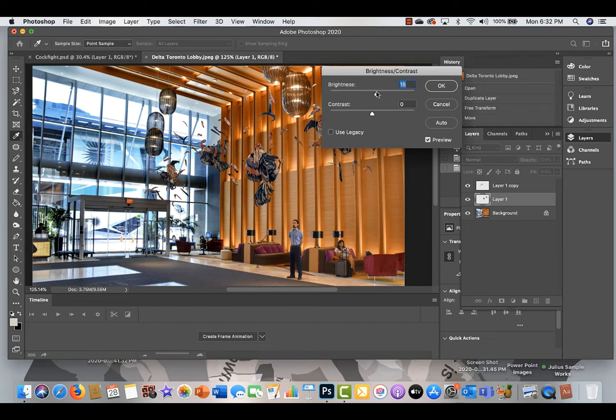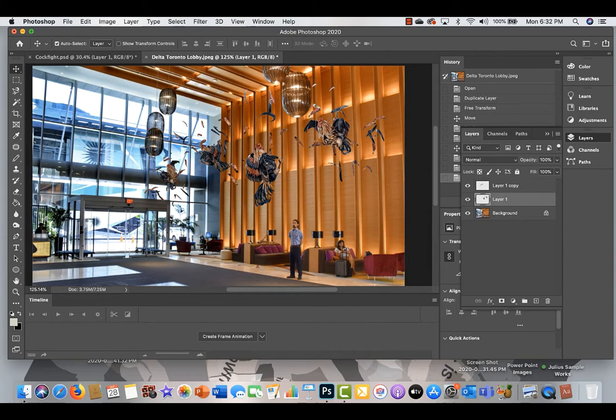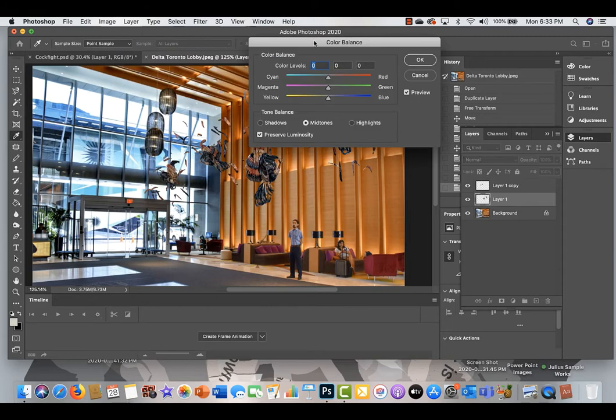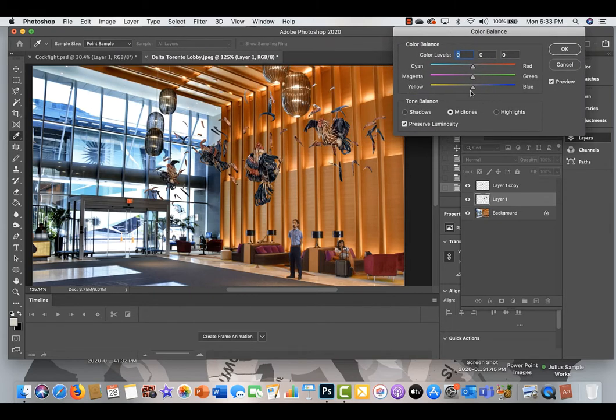Let's say if I wanted to pull it out, you can see it's changing. It's turning either lighter or darker. You want to make it as realistic as possible, so it looks like it's actually blending within the space itself, like it belongs there. So again, I want to change the color balance